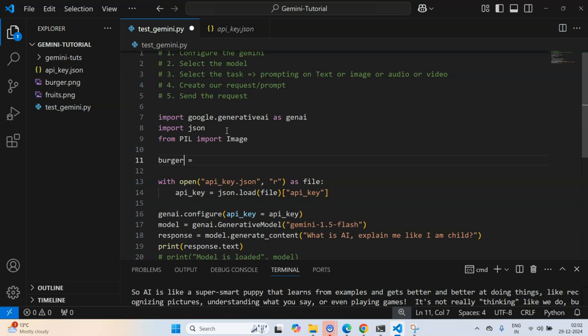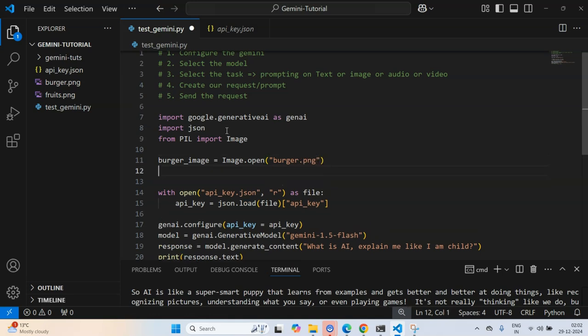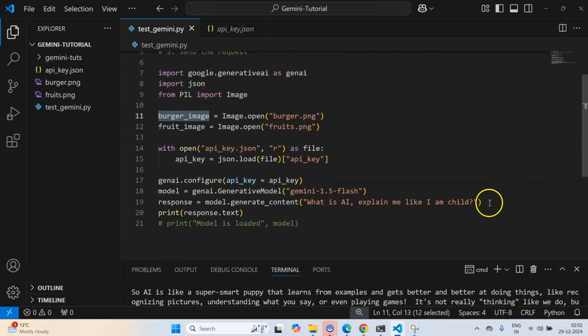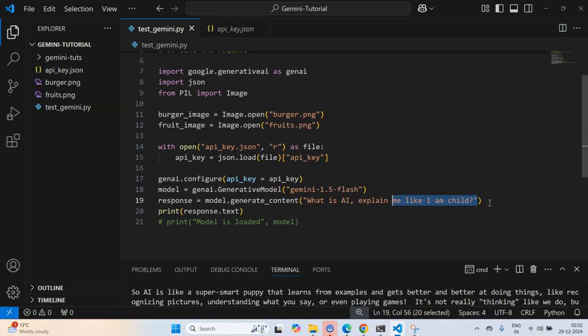So let's open the burger image by calling Image.open with burger.png. Now let's load the fruit image, Image.open, and pass fruits.png.